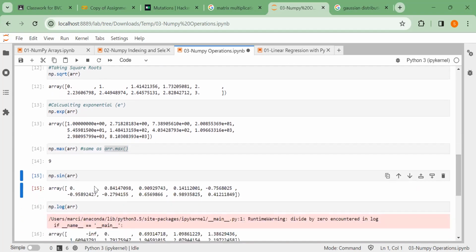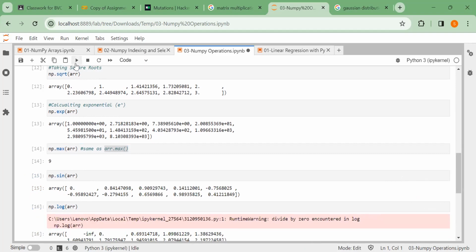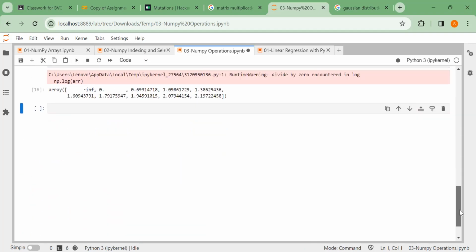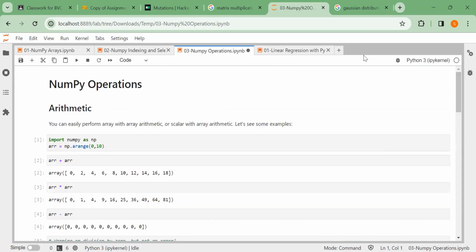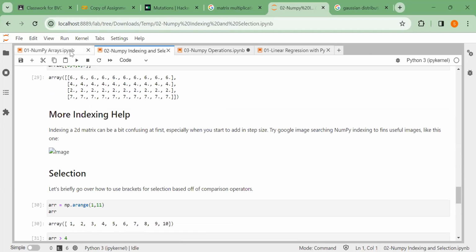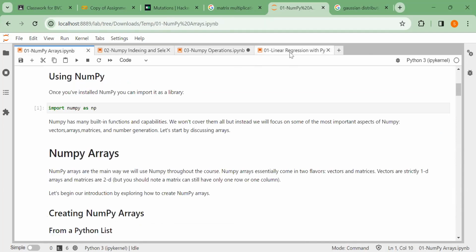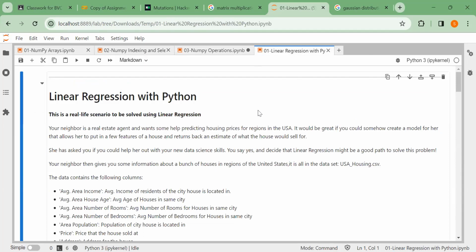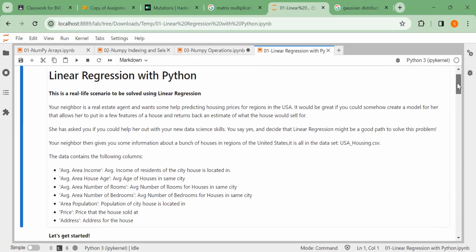Similarly, you can take the sign of every element of the array by using this kind of notation. Np.sign, np.log. So all the mathematical operations are easily done using NumPy arrays. I hope these operations are clear. And you can see how important these things are to do complex operations. Okay,